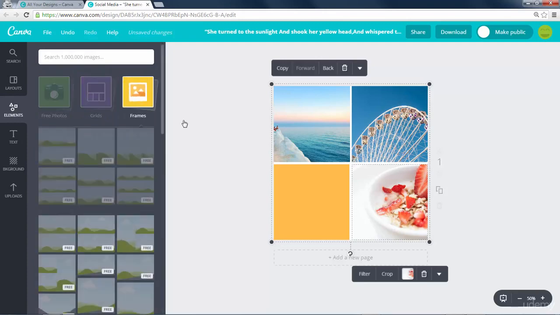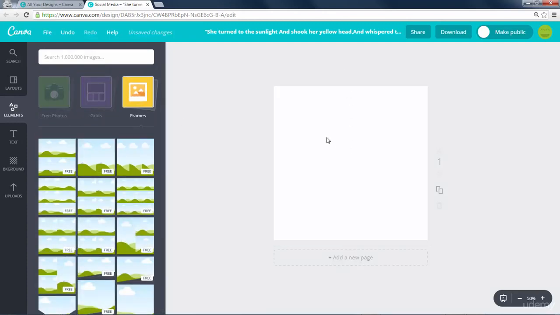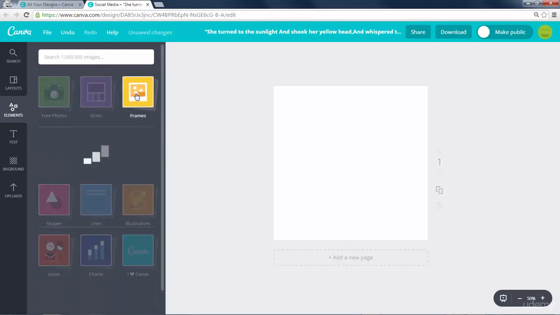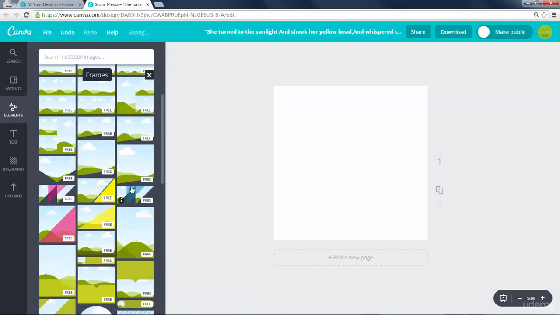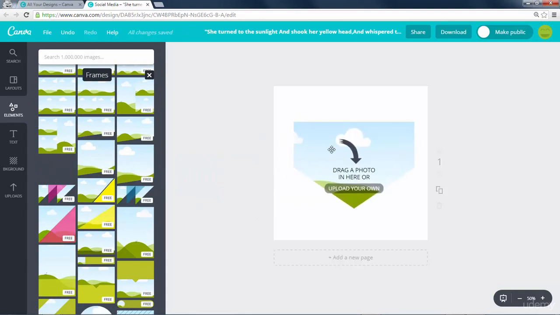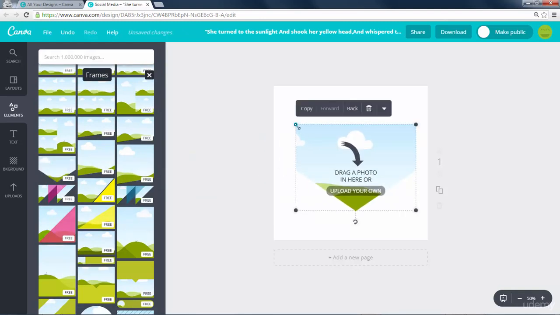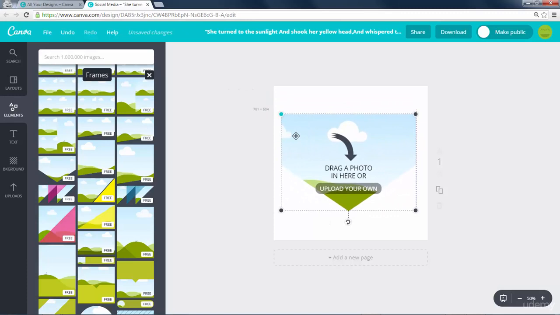After that, we have frames. Let me go ahead and delete this out. Frames work the same as grids, except they're scalable. So where grids take up the whole block and you can drop in different elements in there, the way that a frame works is that these are scalable. So I can just click and put this in here, and I can scale it to any size that I